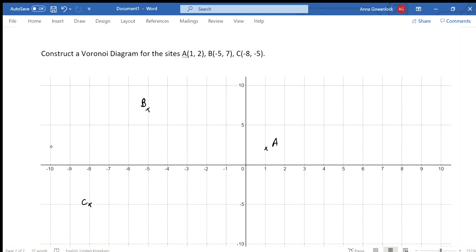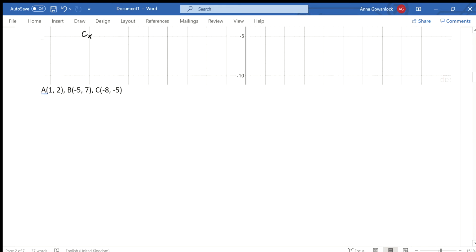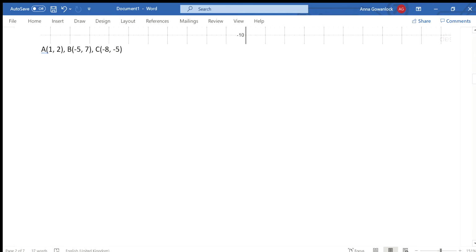And then we have to take each of the pairs in turn. So we're going to be looking at taking AB, BC, and AC. So to start with, I'm going to try and draw the perpendicular bisector between A and B. I've copied the coordinates here. So to do that,